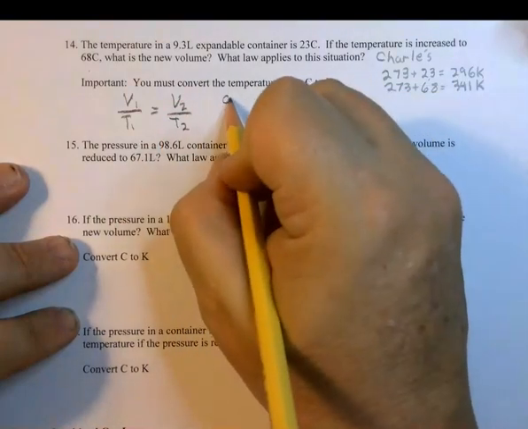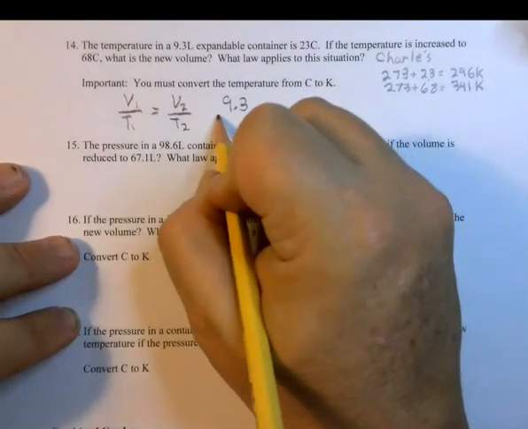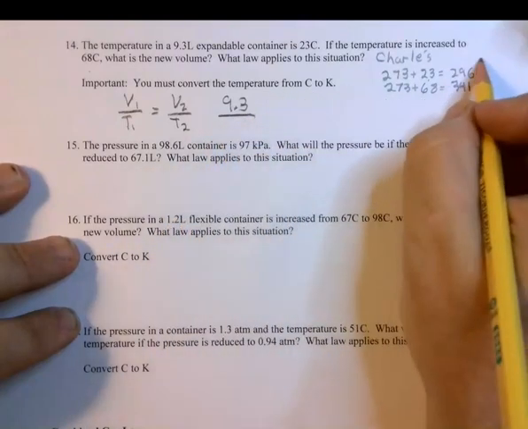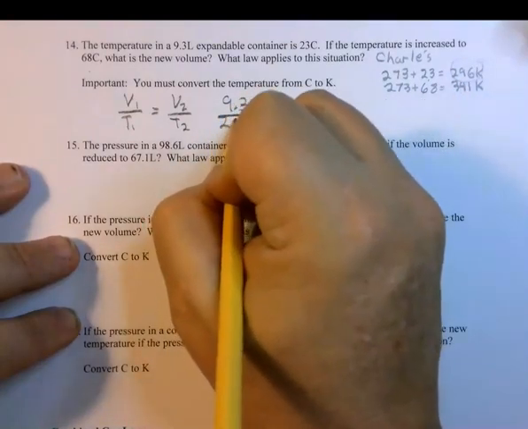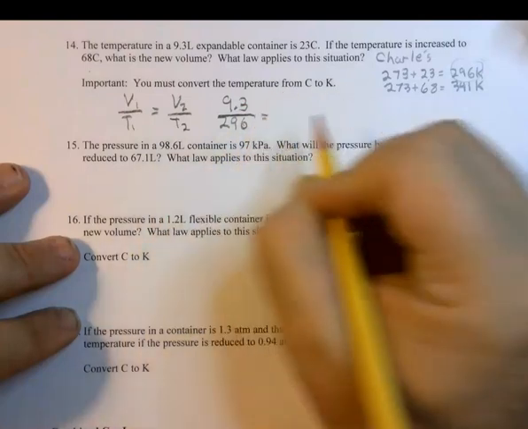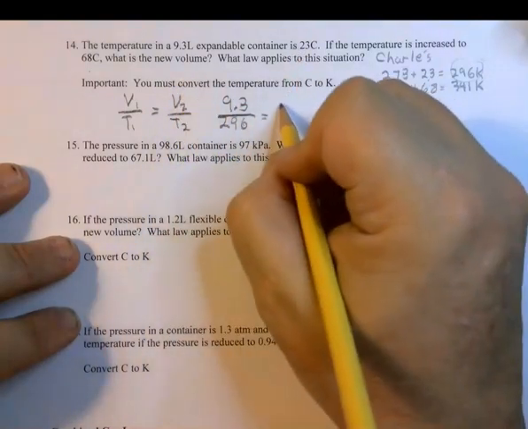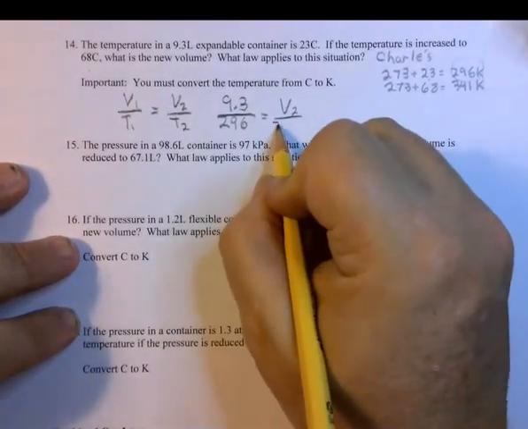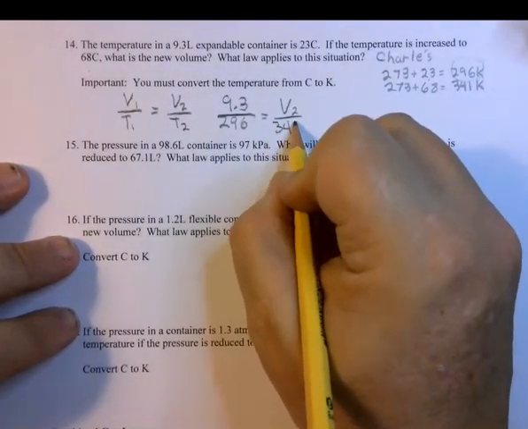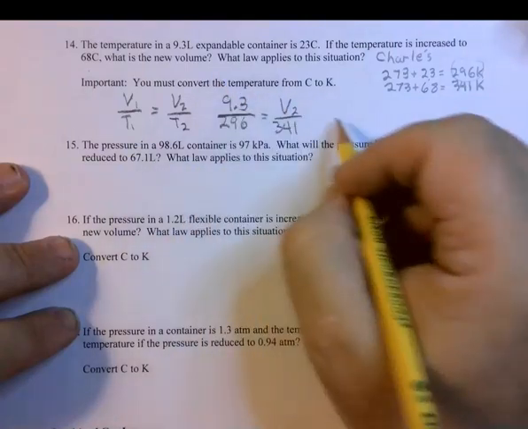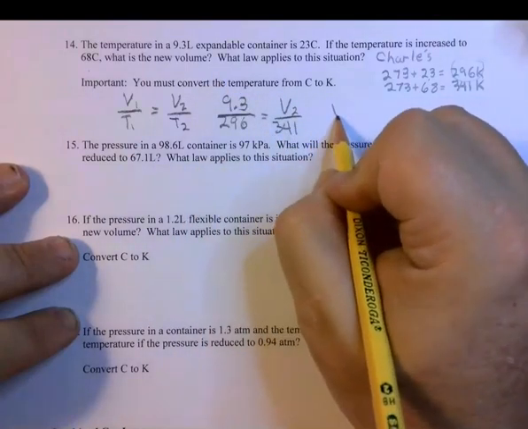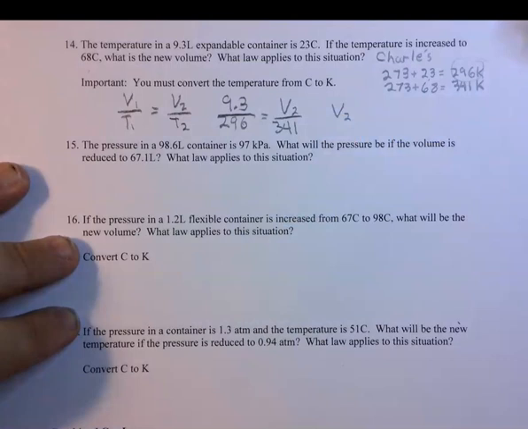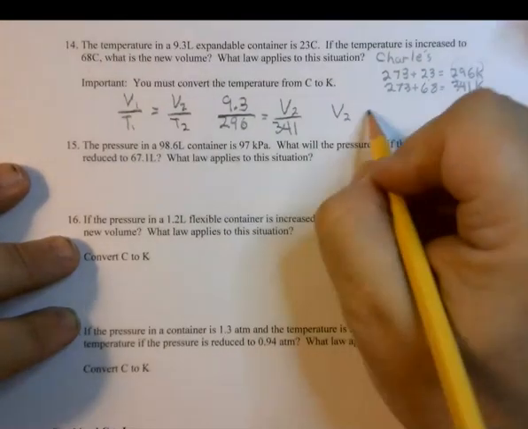V1 is 9.3 over T1, which is, don't use 23, use 296, equals V2, what we're looking for, over 341. And volume I know is going to be in liters, so V2 is going to turn out to be 10.7